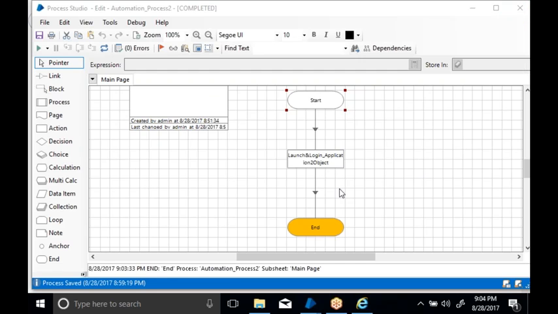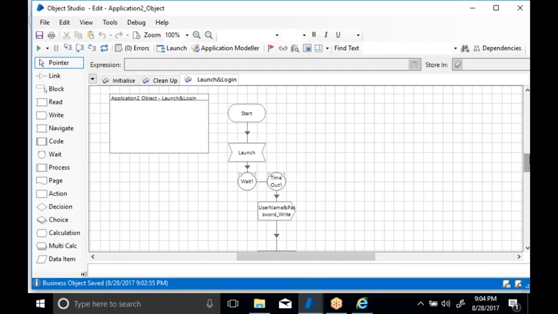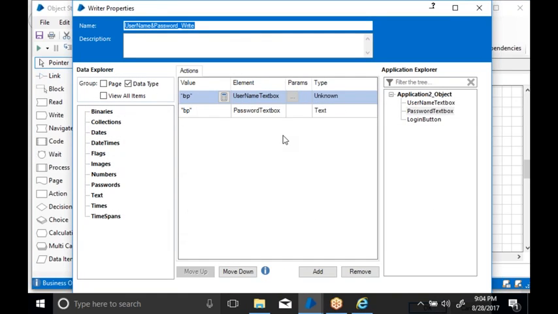Okay, the next one. Now, how am I writing the username and password, and where am I going to get them from? You can see here that I am giving static values. Directly I wrote the username of my application and the password of my application. Now I want to change it. I don't want to give them directly inside those fields. I want to store my username and password into data items. Data items are nothing but variables. I want to store the username and the password in two different data items, two different variables, and use those variables inside the write stage.